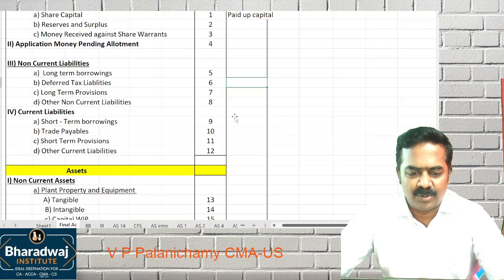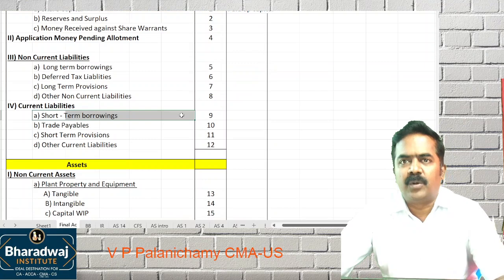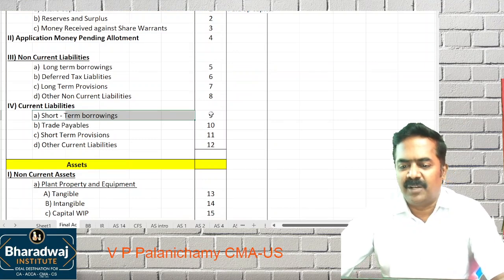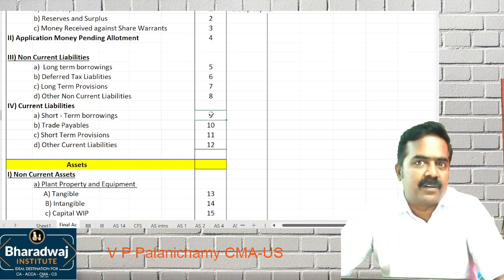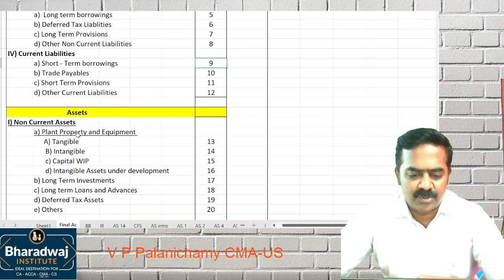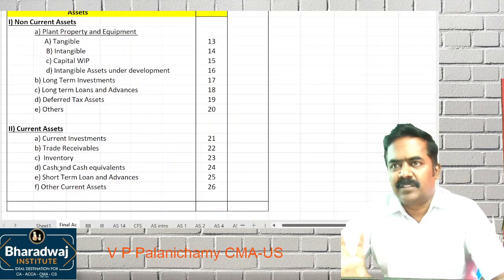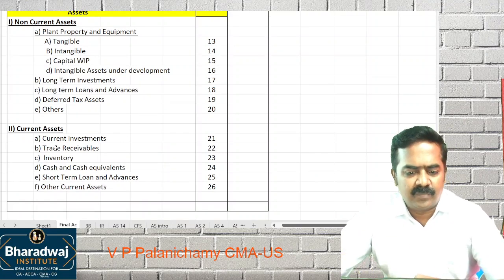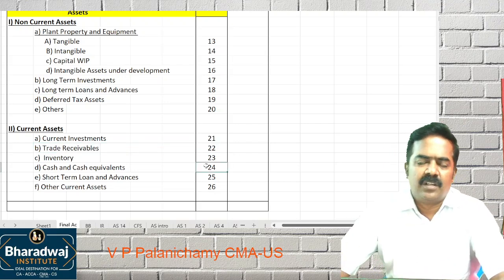For example, sometimes they will give you details about bank OD. Bank OD is taken against hypothecation of stock. So you have to give a working note: bank OD this much, taken against hypothecation of stock. So you're expected to write notes to accounts. For example, they give you some bank details, 2 or 3 banks wherein we are keeping current account balances. You have to give a detailed note for that. For example, they have given debtors and bills receivable. In that, they have given you some notes: bills receivable maturing within 30 days, this much.